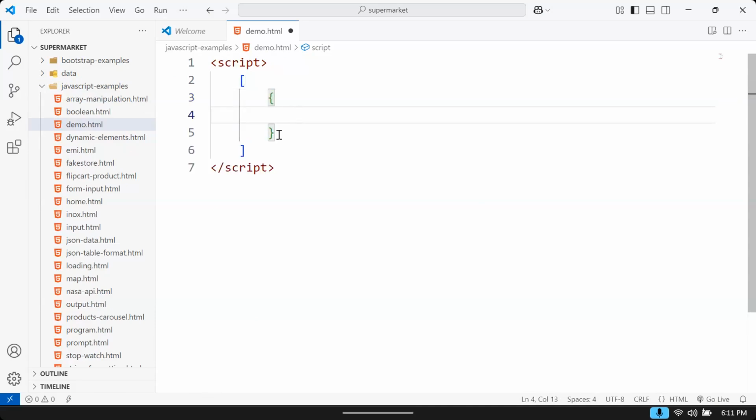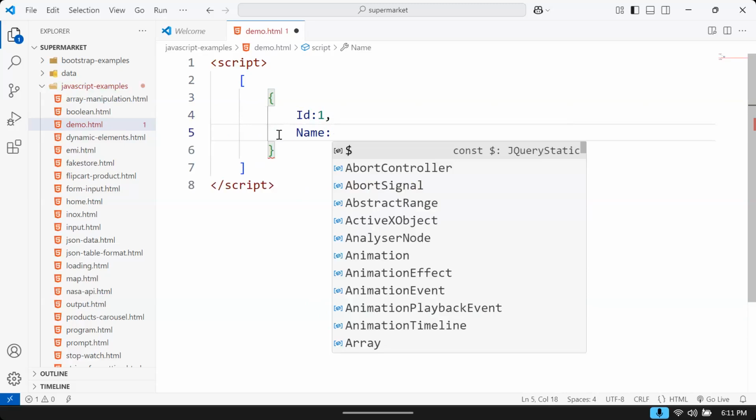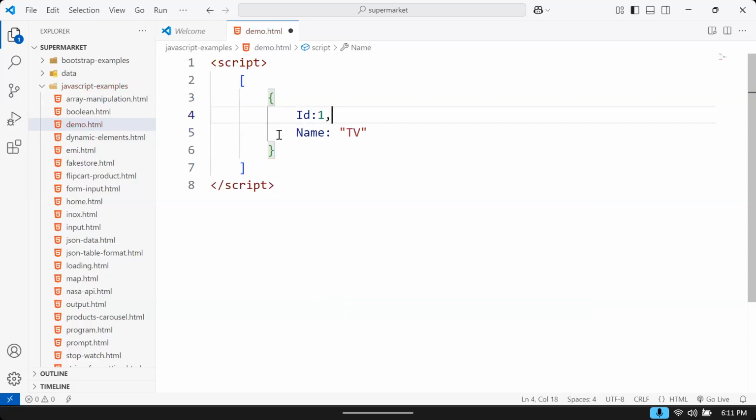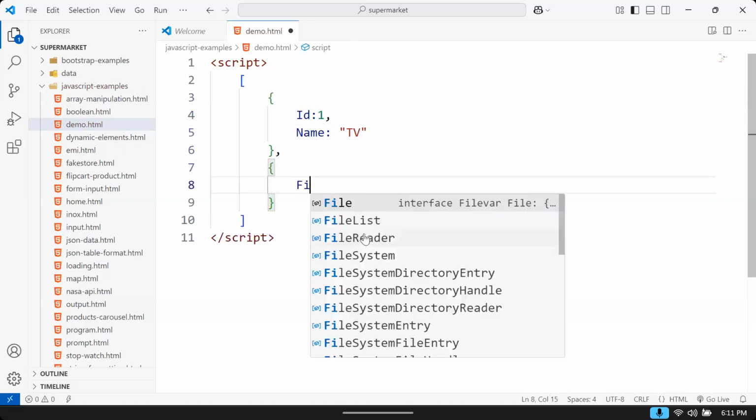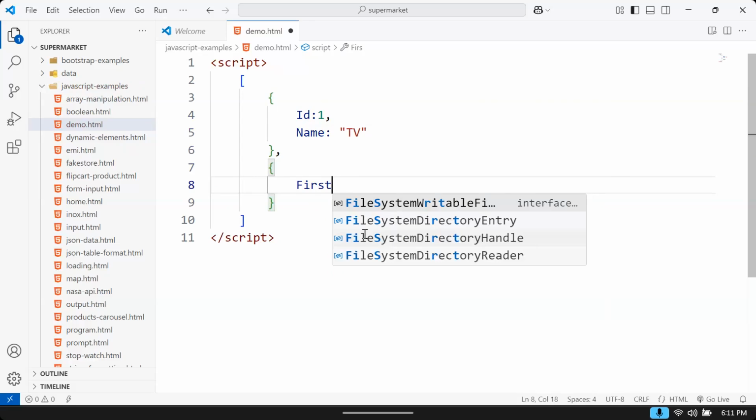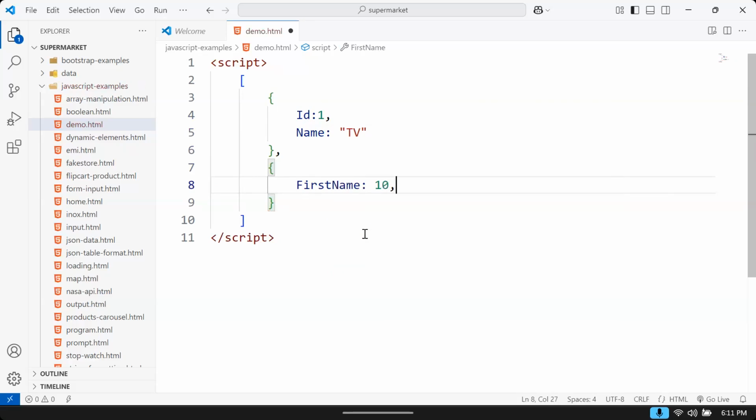Now in this, you see the first record. The first record is having ID, that is one. The second record is having name, that is some string like this. Now see, the second record is having, suppose, first name, and it is 10. And it is having age as some mobile. It will take anything. There is no structure at all. There is no limit at all. This is valid in JavaScript